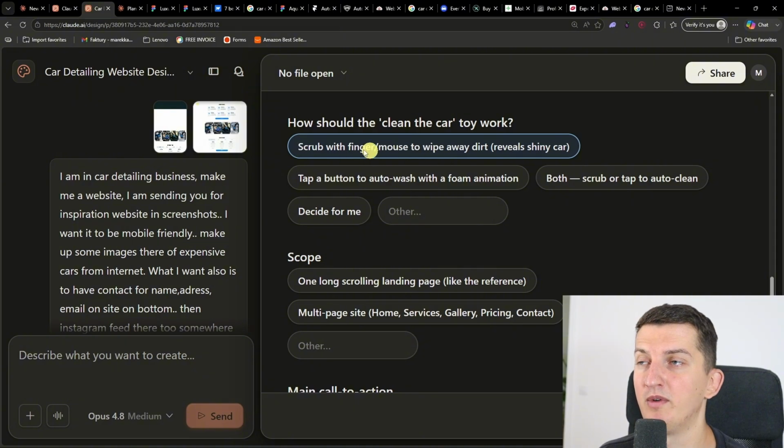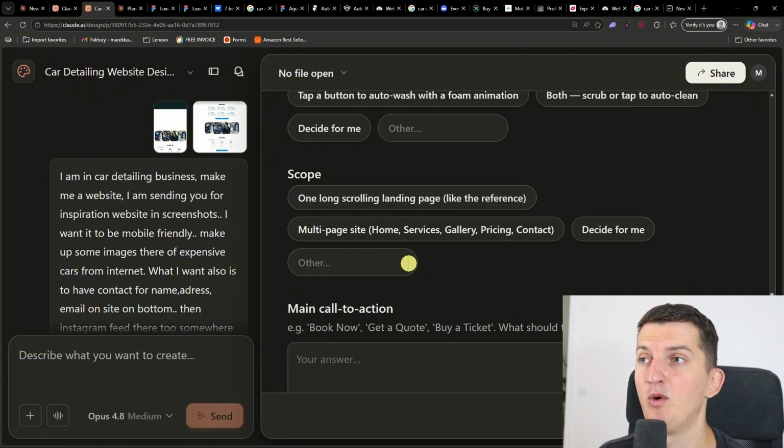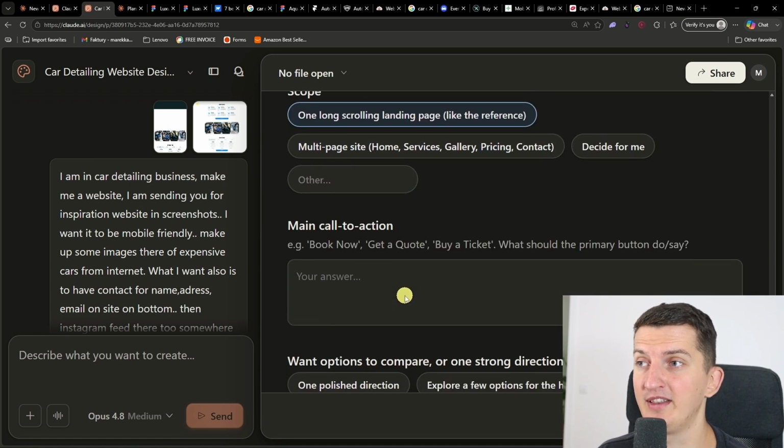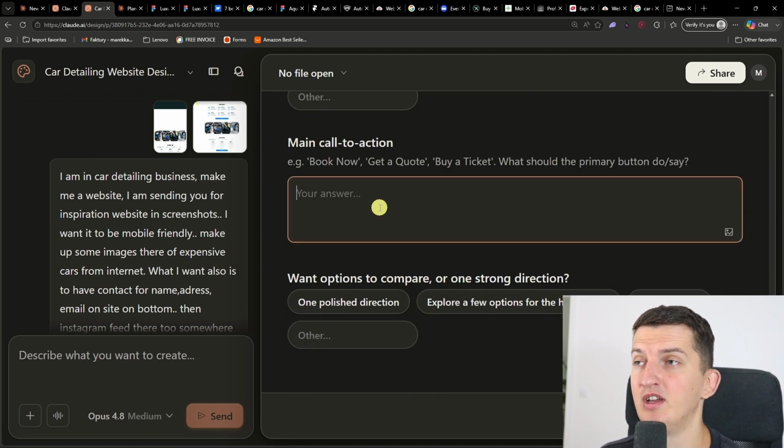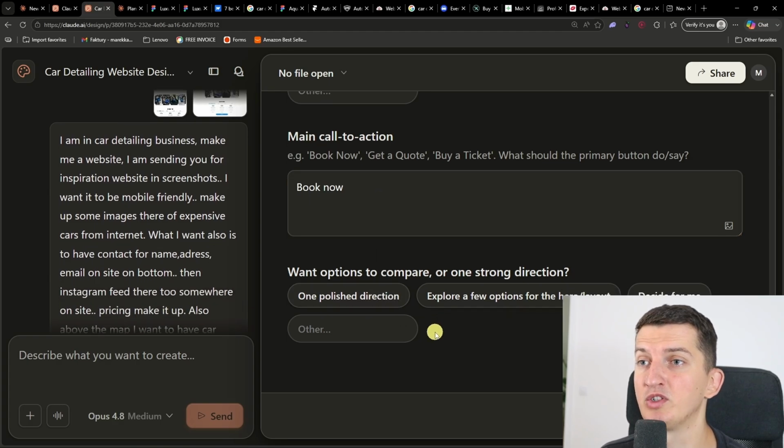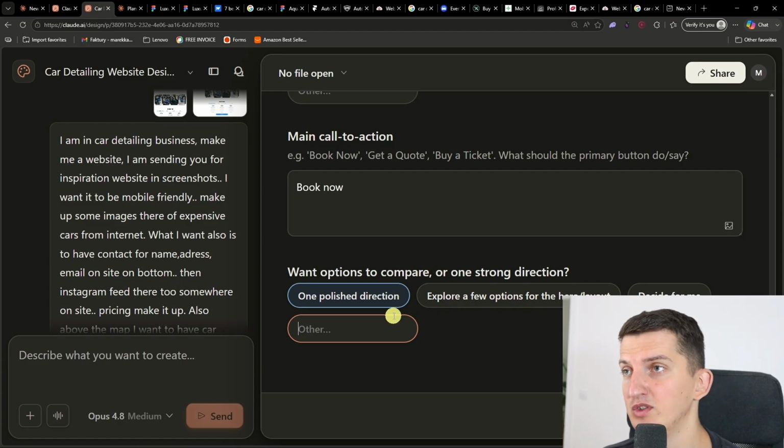Okay, we're going to go scrub with finger mouse to wipe away the dirt for the car. One long scroll landing page, we're going to have like that. Main call to action, book now. One option to compare or strong direction. So we're going to have one option to compare, one strong, okay, and also